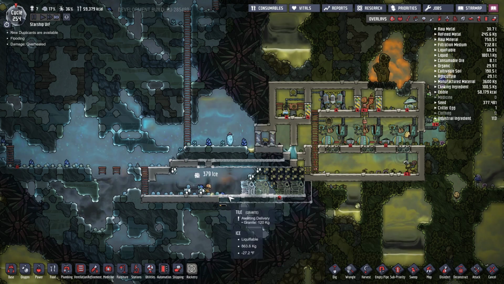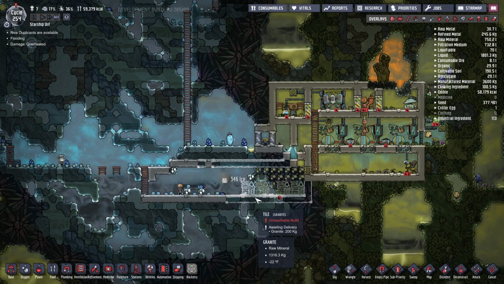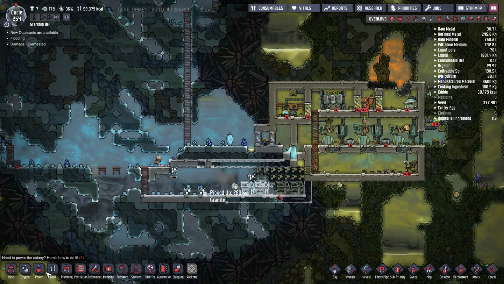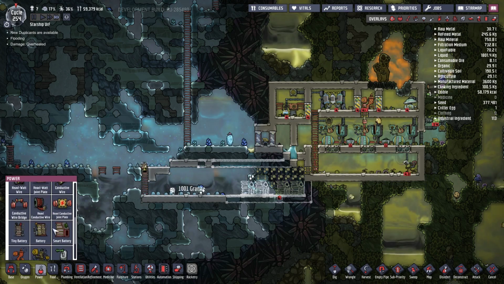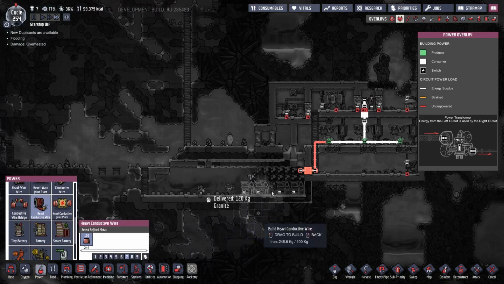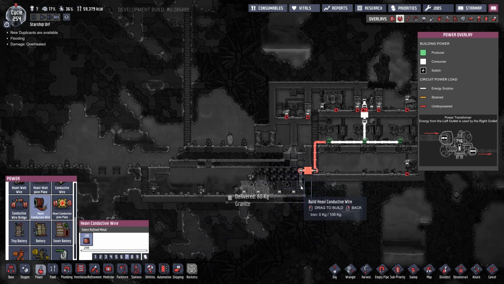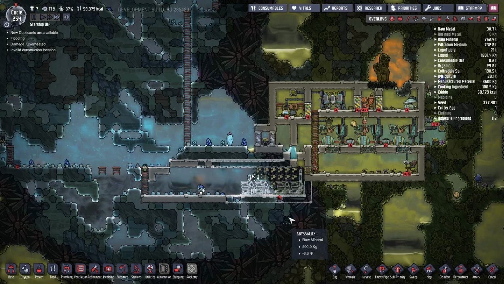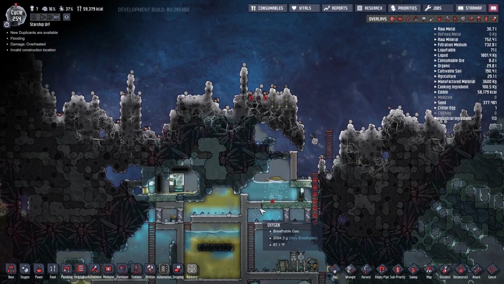Alright, so we got a little carbon dioxide buildup down here. That's fine. I am going to have to jumpstart this system. Let's see if we've got enough iron for the conductive wire. I mean, I can set this up since I can do that. Now, of course, it won't all get done until I have more iron, but